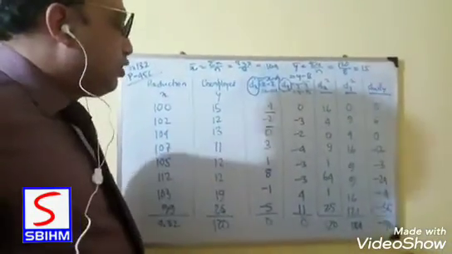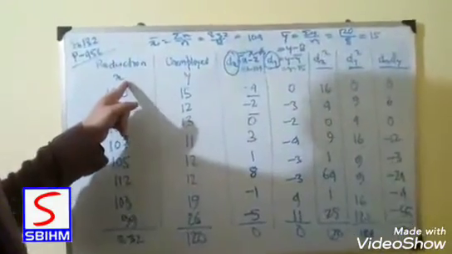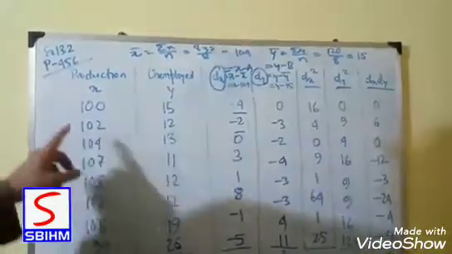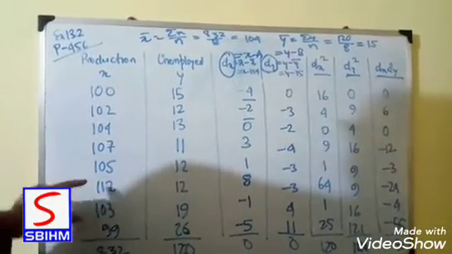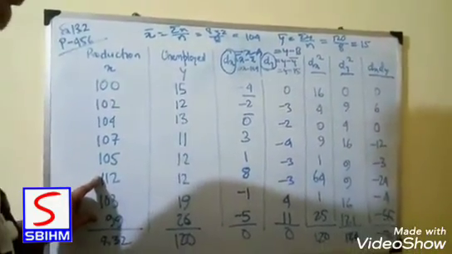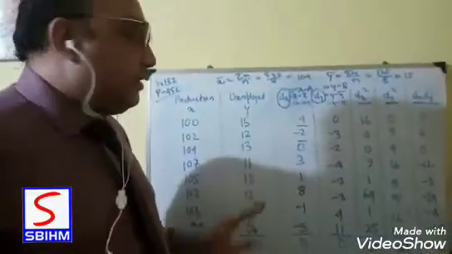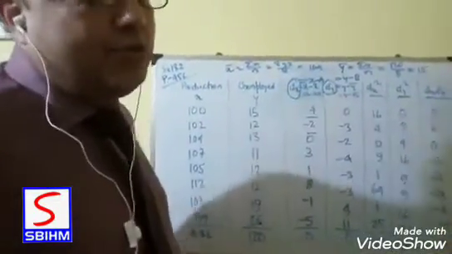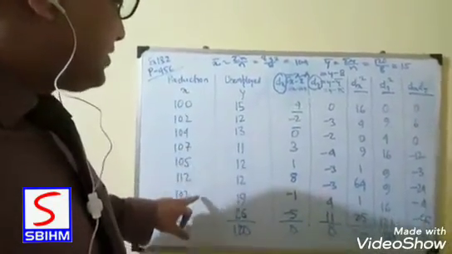So how do we go about doing it? We first have to calculate the deviations of the values of x from the assumed mean. For an assumed mean, we know that we can take any value between the highest value and the lowest value of x. But when the actual mean, that is x bar, is an integer, we actually take the deviation from the actual mean. So we first have to calculate the summation of x.